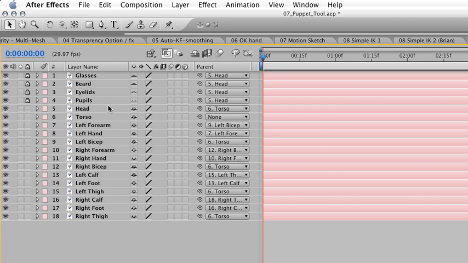until they get to the torso. At the end is the torso, and that has no parent, so every part of the puppet is ultimately linked back to the torso. However, if we take a deeper look at each one of these layers by clicking on the forearm or any